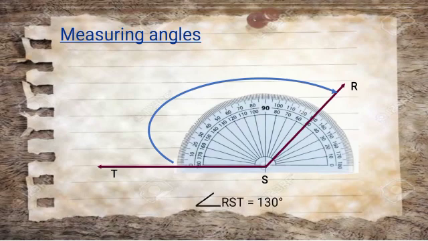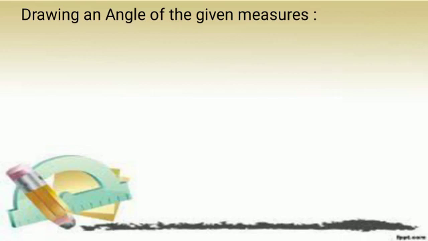And here the angle is 130 degrees. So angle RST is equal to 130 degrees. It's very simple. You just have to keep the position of the protractor in the accurate place, that is on the vertex, and just after that you see whether the ray is on the left hand side or right hand side. Now one of the most important things: how to draw an angle if the measurement